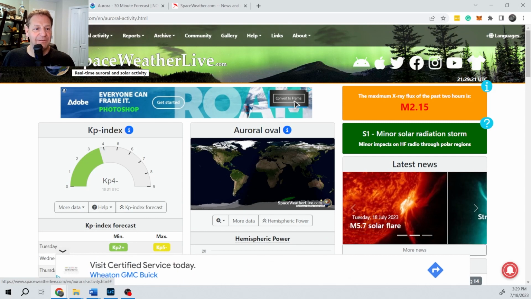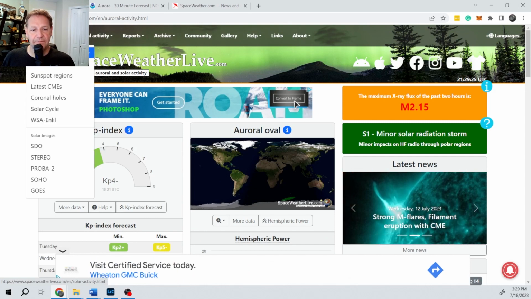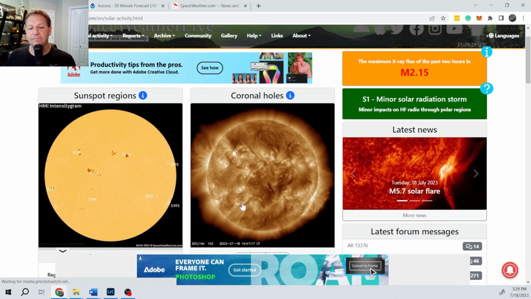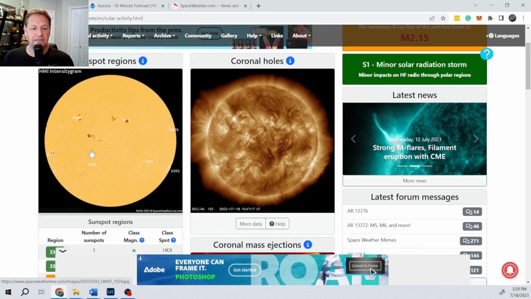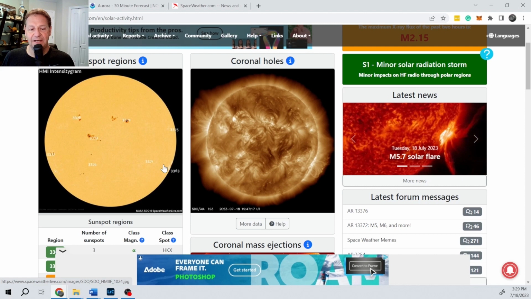If we wanted to go look at the solar one, so we can see the sunspots. So more sunspots are generally good. 3363 is the one that just produced a giant flare. It's in the news here. This M57 flare,